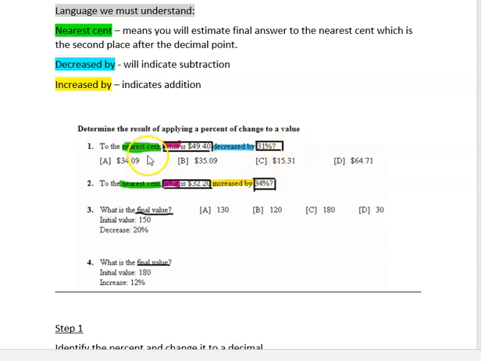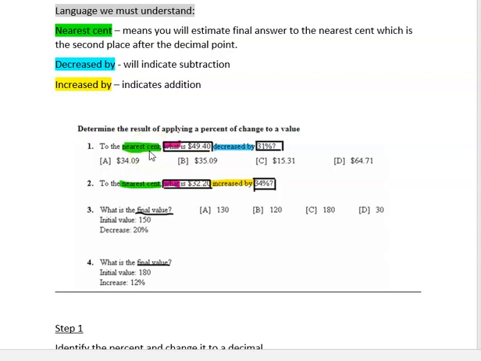But as you see here, I've done some highlighting and some boxing. That's what we call unpacking the problem. When you unpack the problem, you are highlighting and placing symbols to help you pull out important information. They're visual markers, if you will, just to keep things in order and organized. Now, remember what I told you. Nearest cent is going to indicate estimation or rounding. It says, to the nearest cent, what is